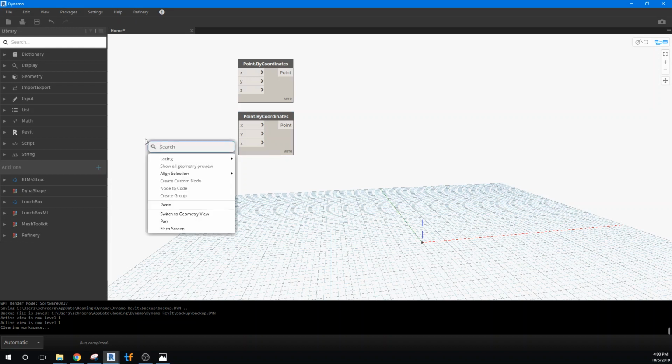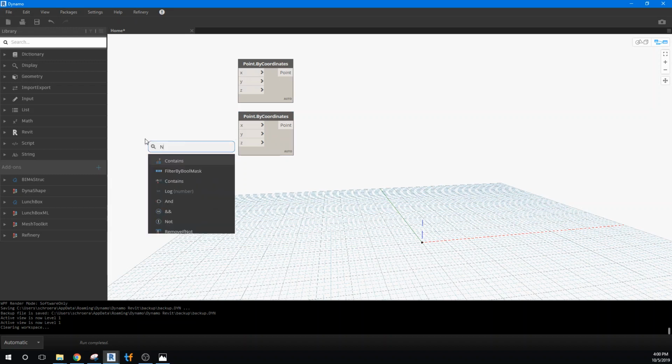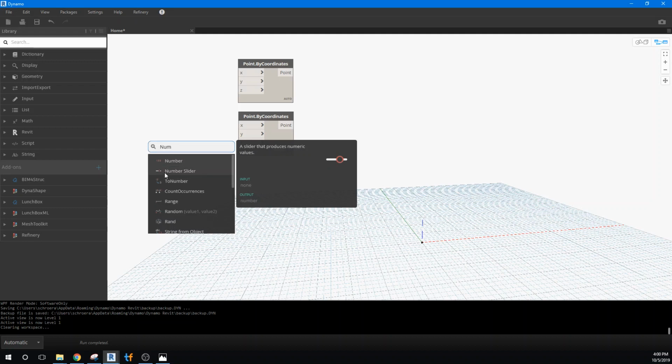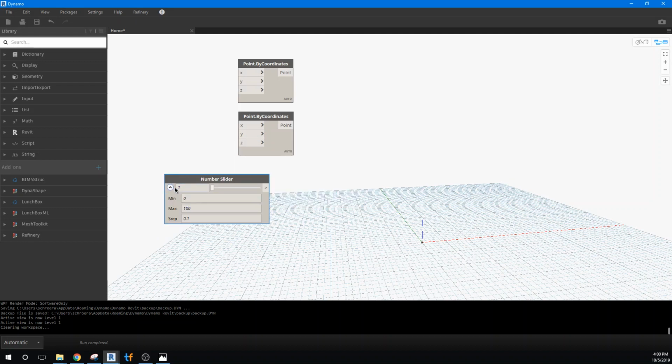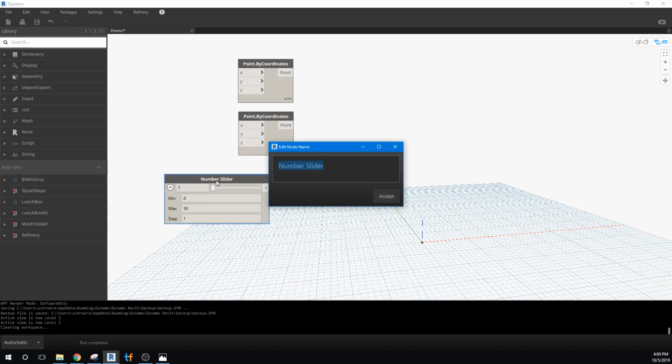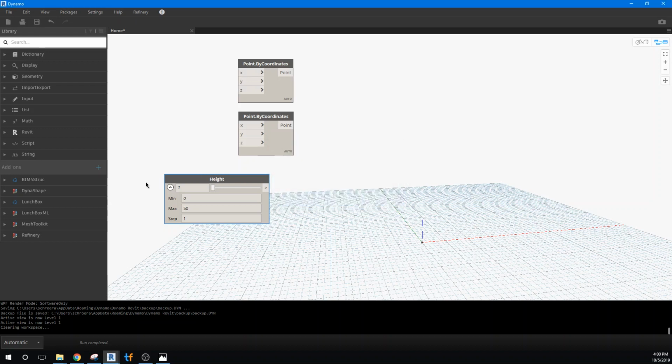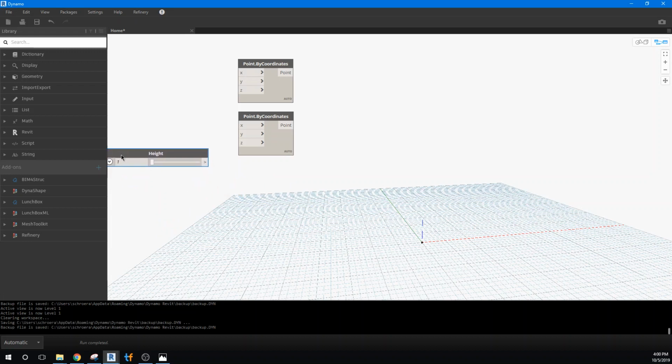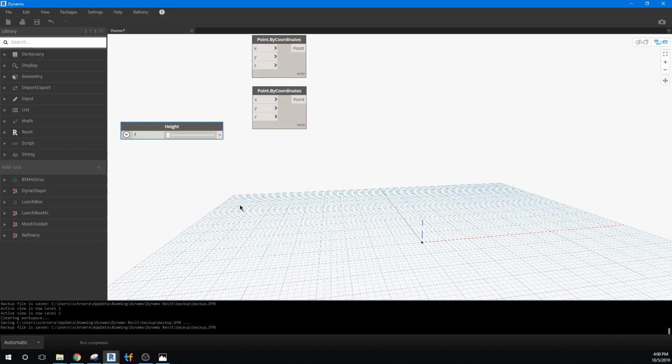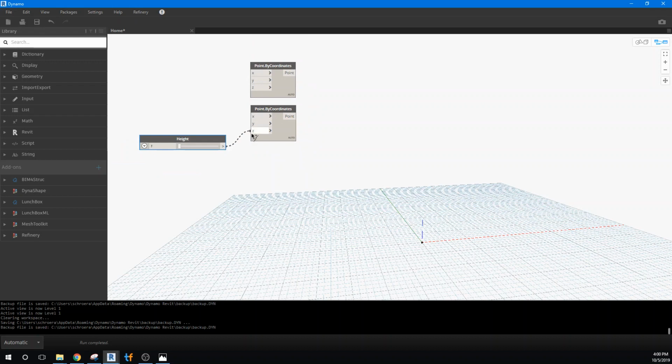So let's put a slider in right away. So I'm going to do a number slider. And let's say we'll make that go from 1 to, I don't know, 50. And we'll make it go in increments of 1. And we'll go ahead and we'll give this a name. And we'll call that height. And I'll close this back down again so we don't get too much clutter going on. And I'll zoom out just a little bit. And we'll connect that to